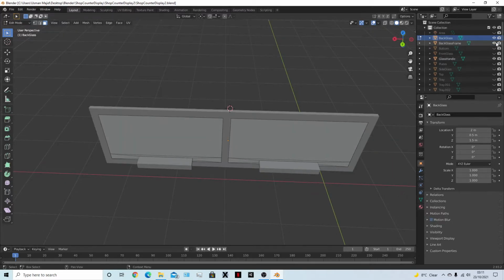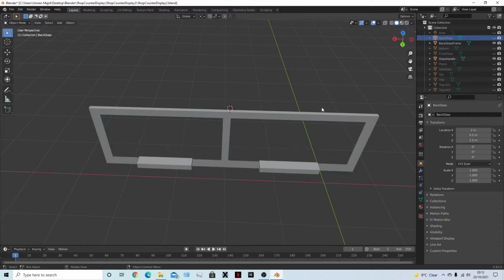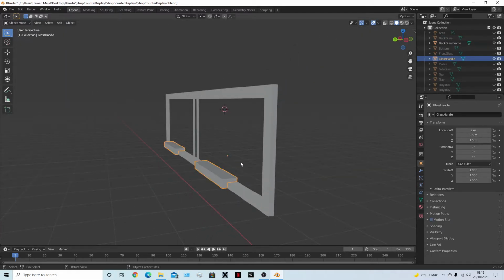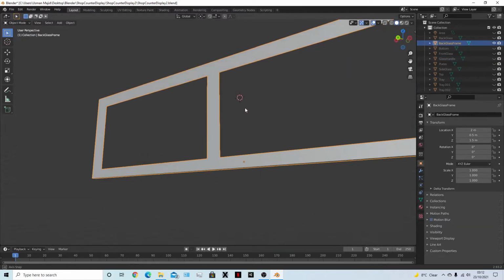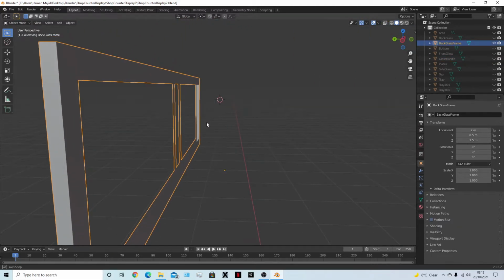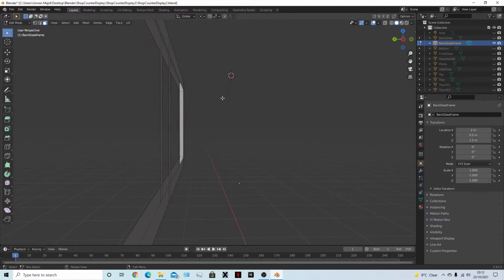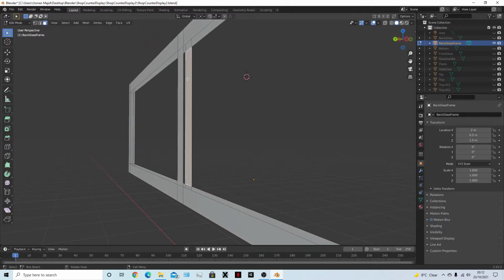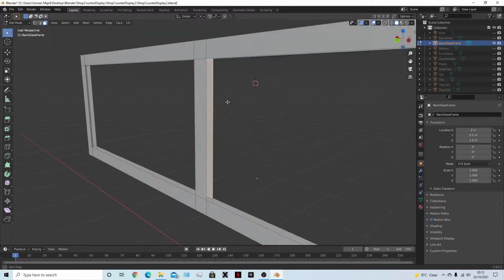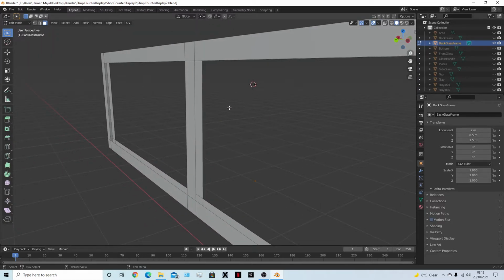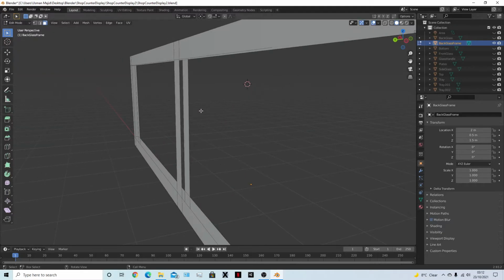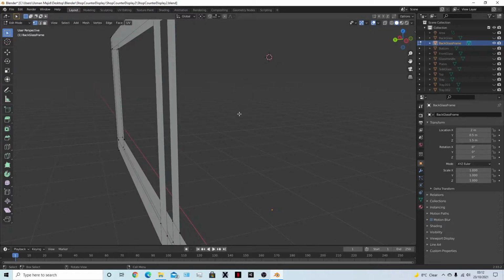Okay, let me bring the frame itself. Okay, hide these and hide the handles. The frame would be an issue when I'm using it in Unity, because this face is like one face now, so this face and this face. So if I'm looking at it from the back, because the glass is going to be transparent, I will be able to see this face, but Unity is only going to render one side of the face, so I'll need to look transparent from this side. So what I'm going to do is